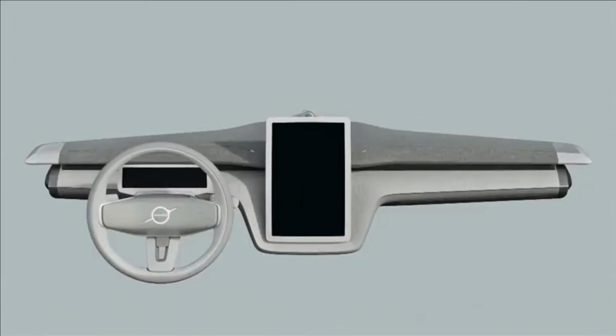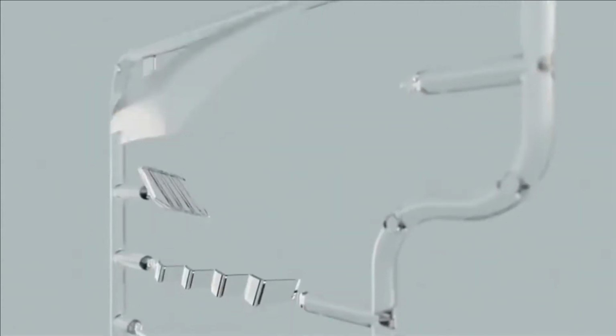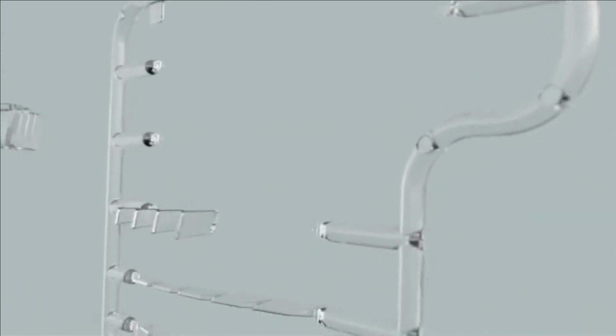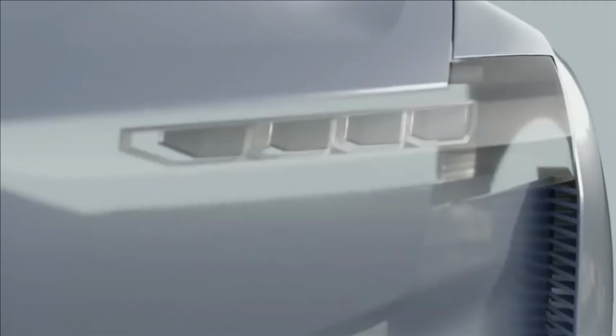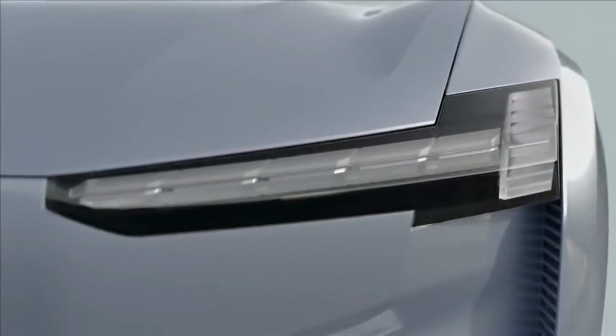So now let's talk about the front lights and our famous light signature connected to the story of Thor, the mythical god of thunder, lightning, and therefore electricity. So what is the next generation of Thor's hammer? A light which has the clear graphic both in the day and night. And to achieve that, we need to package all the latest high-definition technology into a slim, pure graphic,